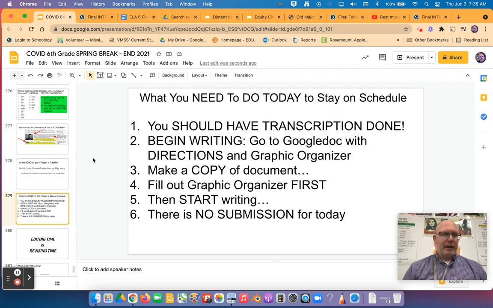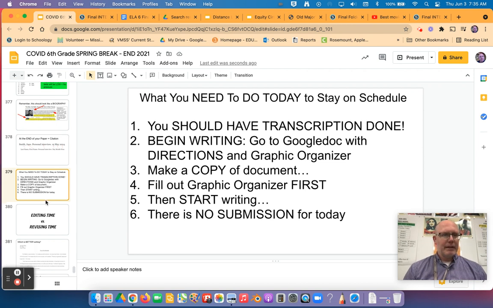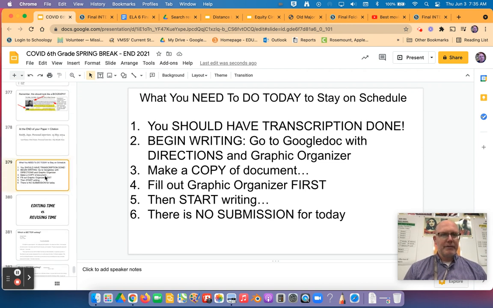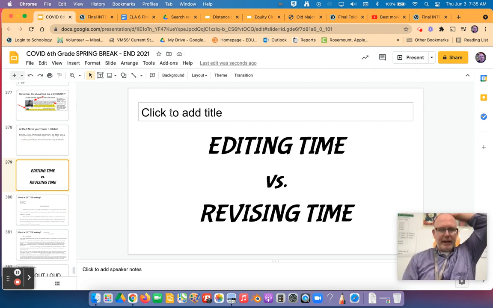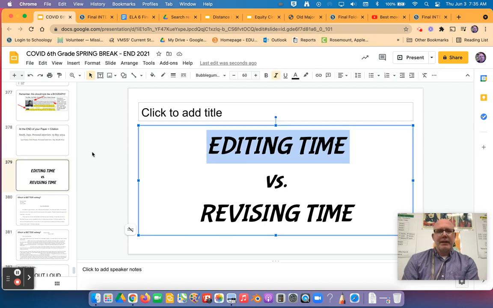So here's the thing. This transcription should be done. All that should be taken care of. Hey, so let's talk about final steps. If you followed along all this time, you've got the whole process down. Basically, we are now at a point where we are at editing time versus revision time. Editing time is different than revising. Revising is changing words, changing sentences so that you add information. Often you delete entire sections because you're like, that doesn't work. But editing is where we get down to the nitty gritty. That's where we really have to get at it. And so let me give you an example.